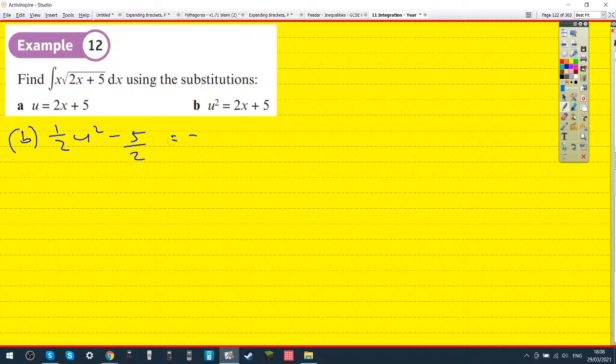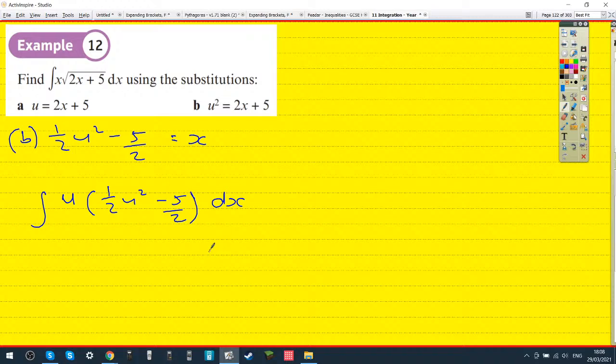Okay. And do I now do a half u squared minus 5 over 2 times u squared to the power of a half? Or I'm assuming that's just u. So that's going to be u. And then the other one is that. And do I now need to do